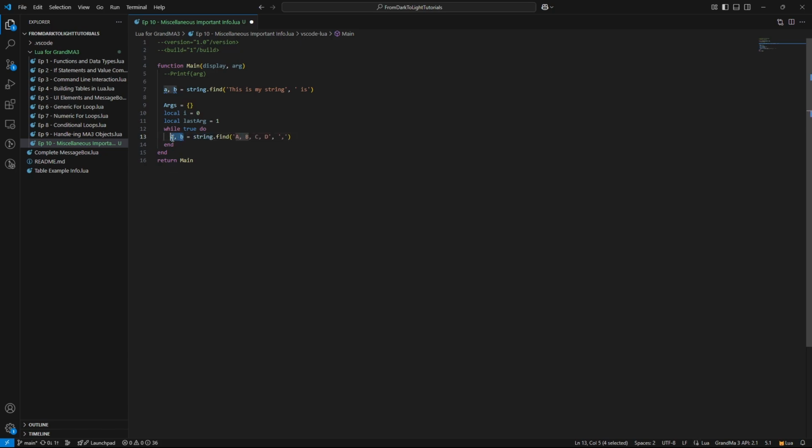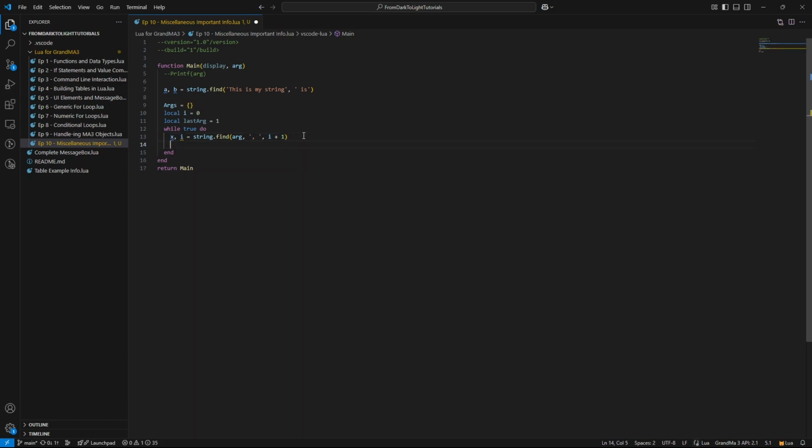I'm going to change this to x i, and then change this to arg, and then add a space here and add another argument here, which will be i plus 1, and it will do this math and use the mathematical combination of those.